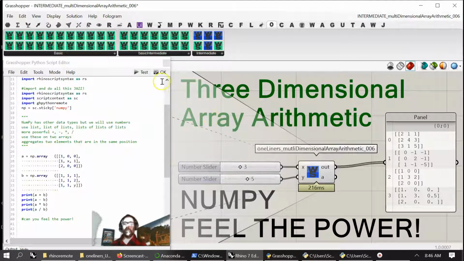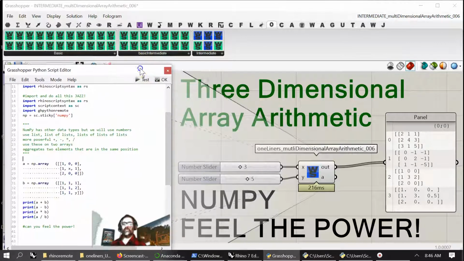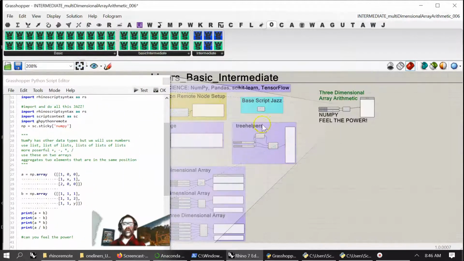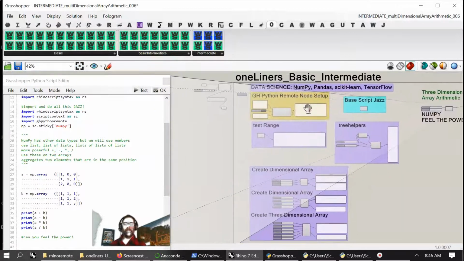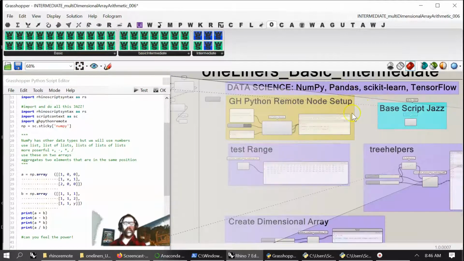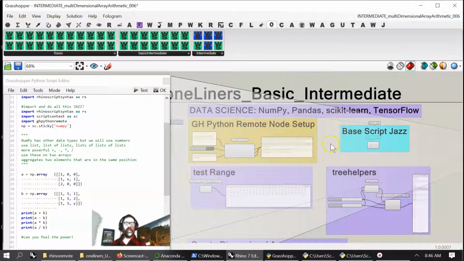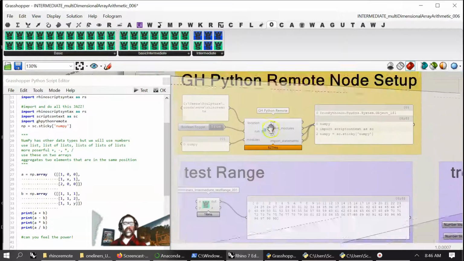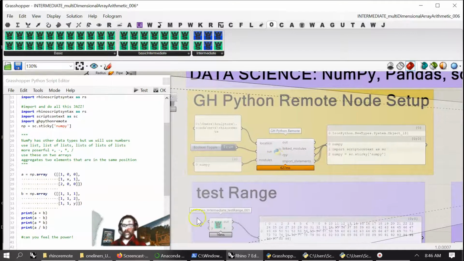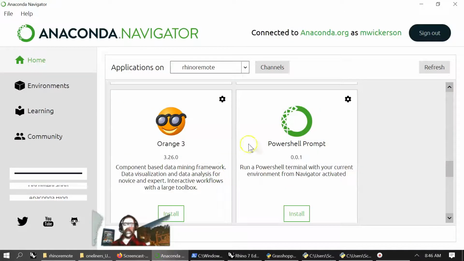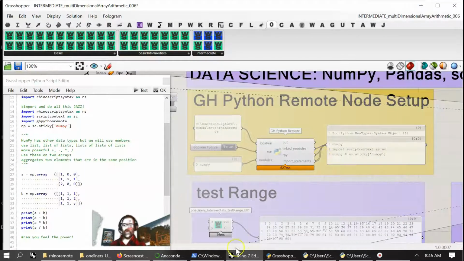Keep in mind this file is much bigger. It is the Intermediate Multidimensional Arrays Arithmetic 6, which is tied to a much bigger document right here, which is the one-liner basic intermediate data science looking at NumPy. We'll get into pandas, scikit-learn, and TensorFlow, but this is the node that you have to find, and you have to load up on Anaconda. Anaconda's right here. You're going to want to go in. You're going to want to use your applications on your remote, and in doing so, you will figure this out,